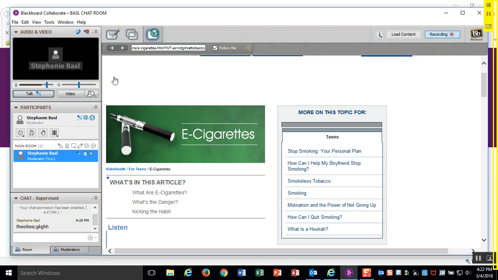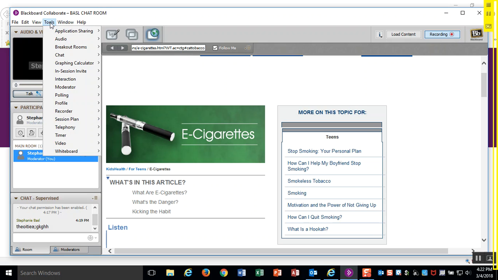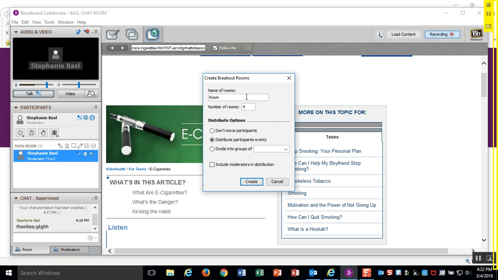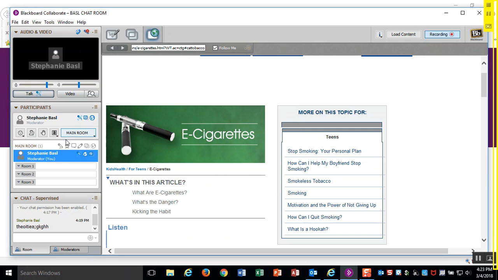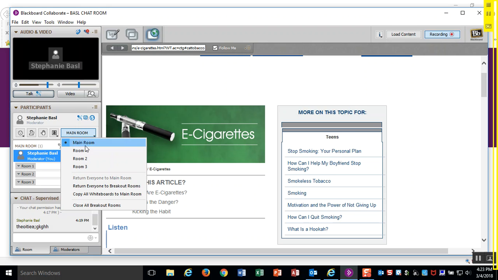So for breakout rooms, up in tools, come down to breakout rooms. You can create breakout rooms, select the number that you want, and create. At this point, you have 3 breakout rooms, and you can move by clicking main room and move between the breakout rooms. As they work in a breakout room, you can have them complete an activity on their whiteboards and